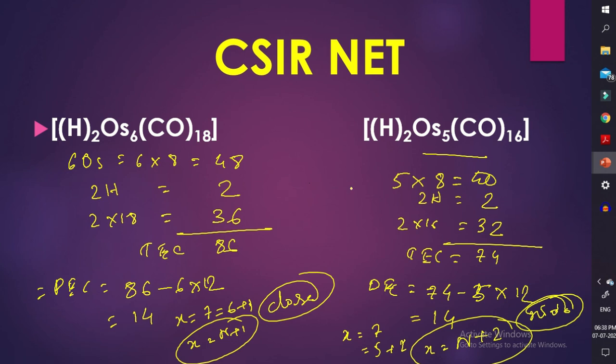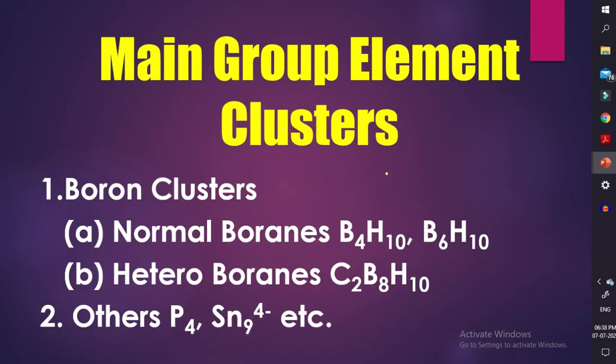Okay, so this is how we can determine the structure of the metal clusters of transition metal ions, and also count the total electron count and the skeleton or polyhedral electron count of the metal cluster associated with the transition metal ions. Okay, so in the next video we will use Wade's rule for the main group element metal clusters.